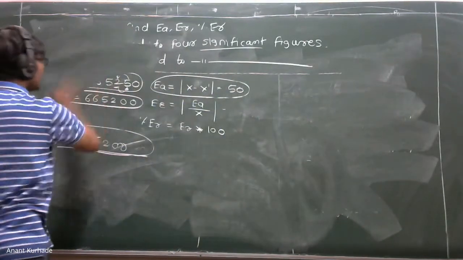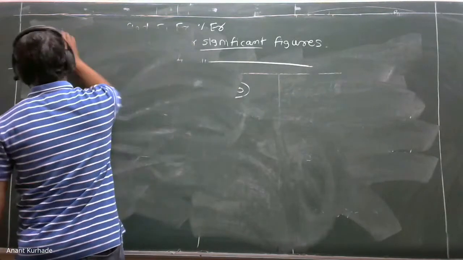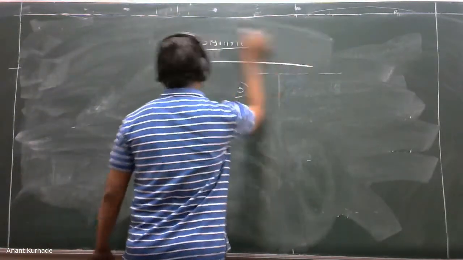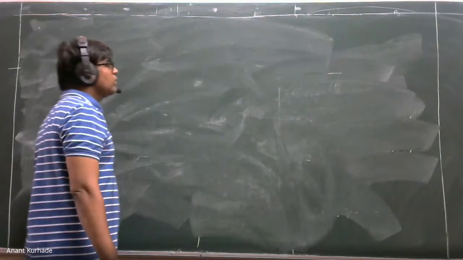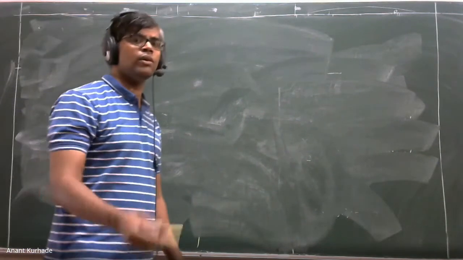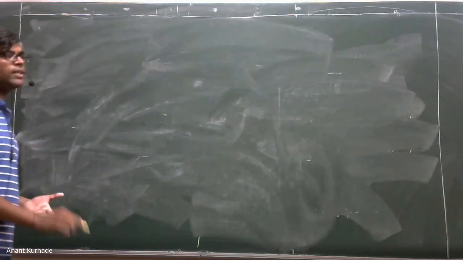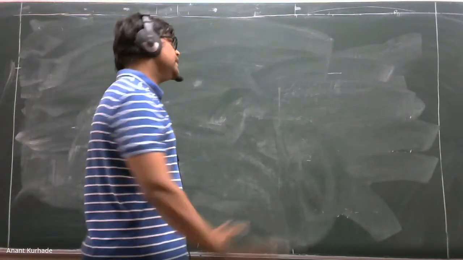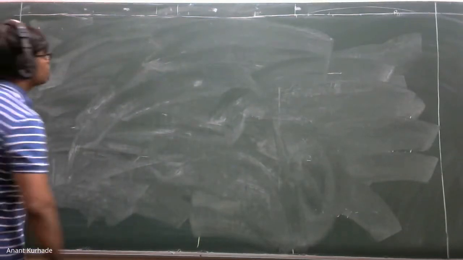Okay. So also understand the types of error. Absolute error is mod of x minus x dash. Relative error is mod of x minus x dash upon x. Percentage error is multiplied by 100. Rounding rule: if the next number is greater than 5, add 1; if less than 5, keep as it is; if equal to 5, check the previous one for odd or even. If odd, add 1; if even, keep as it is. Don't get confused about the rounding rules.